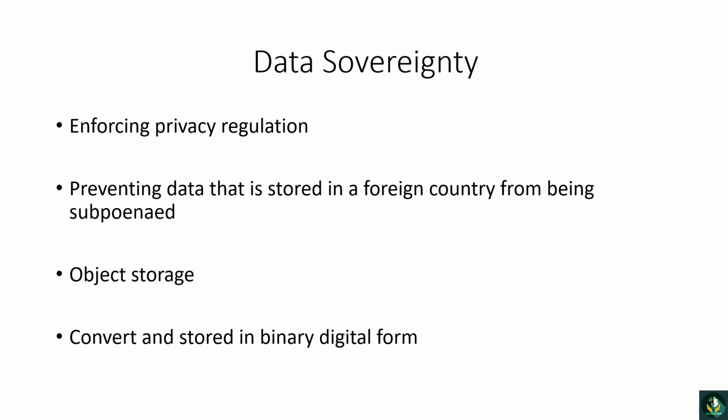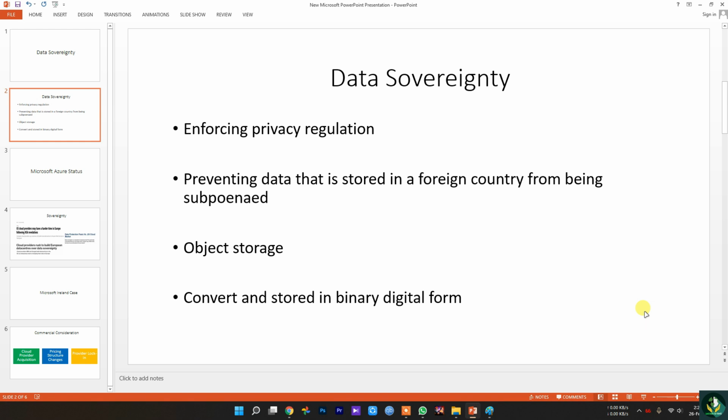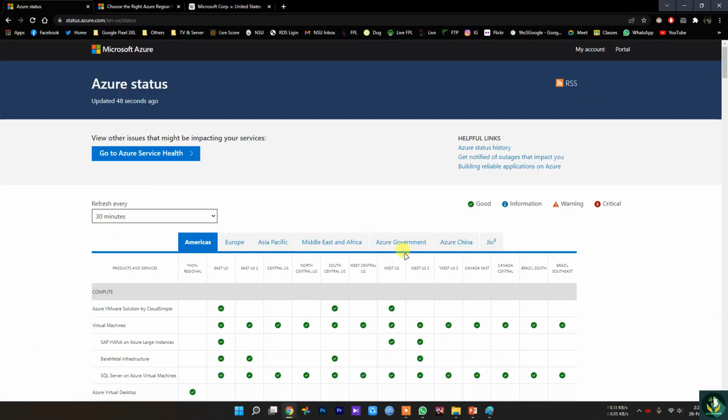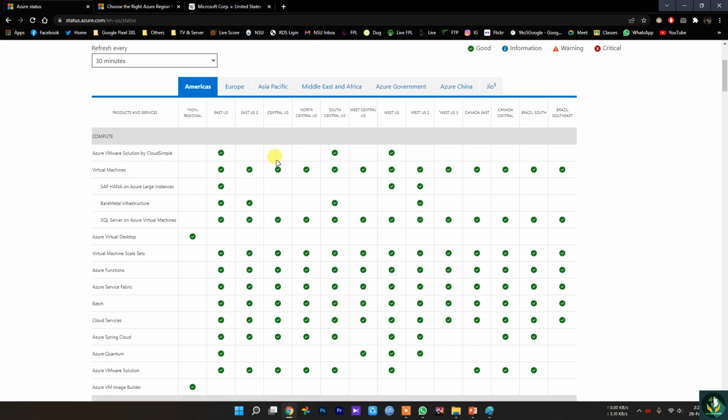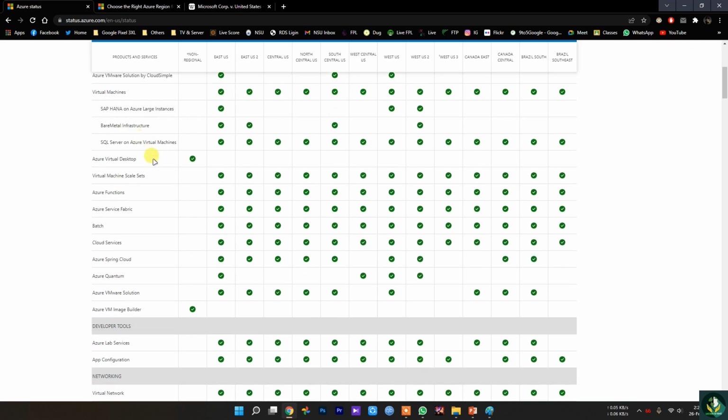So first of all, let me give you a quick example of what I mean by the geographic distribution of a cloud. This is the Microsoft Azure status page, and one of the first things you will notice here is the map. As you can see on this page, there are a lot of data centers spread across the globe, and in fact if we scroll down and see the service fabric